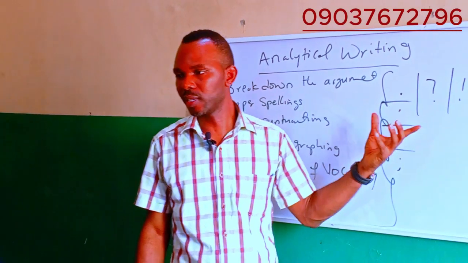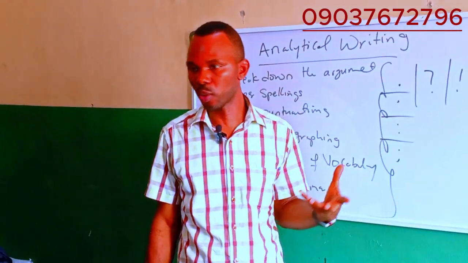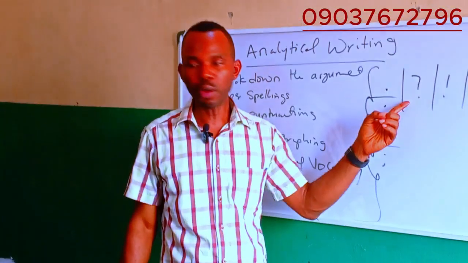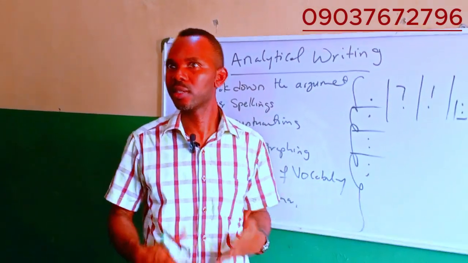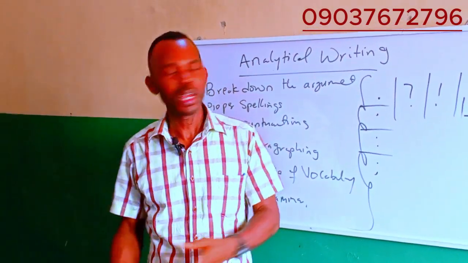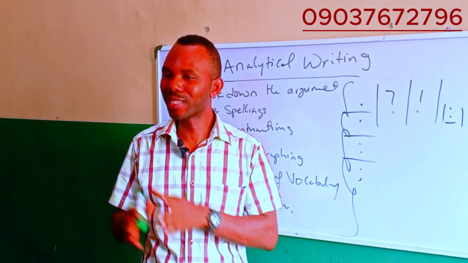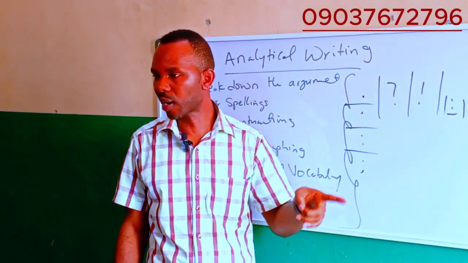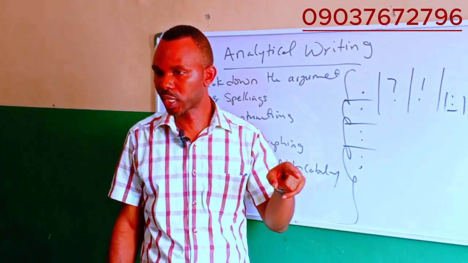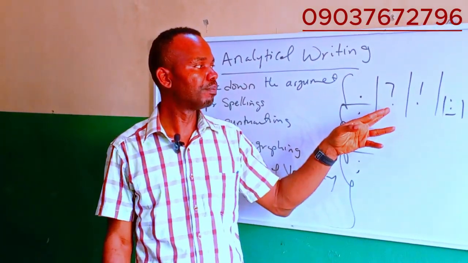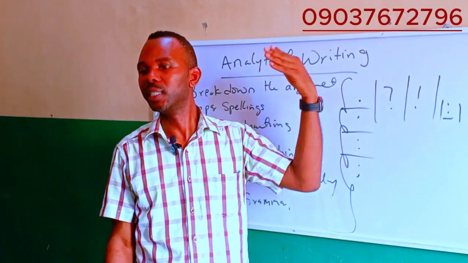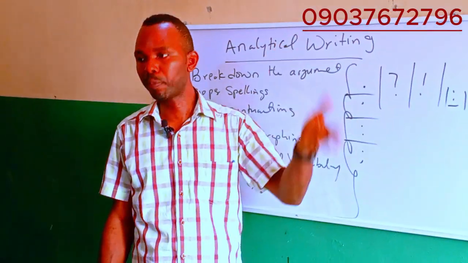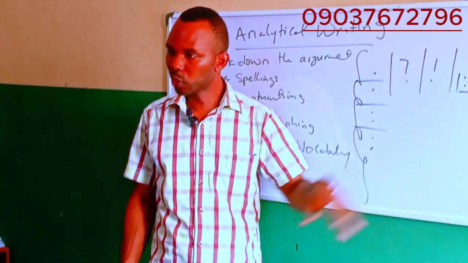Now, period ends a sentence. That is full stop, which is common to all of us, right? Then question mark ends a sentence if that sentence is ending in the form of a question. And then exclamation mark. What it means is that anytime I see a full stop, the next character must begin with what? Capital letter. And then if it's a question mark, the next letter should also begin with what? Capital letter. If it is an exclamation mark,